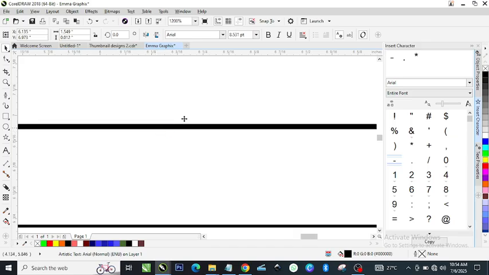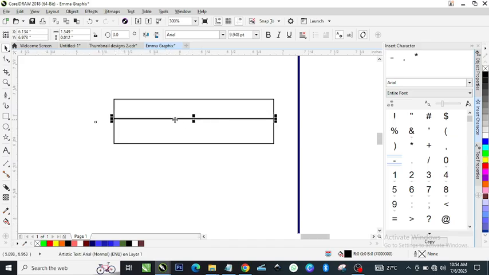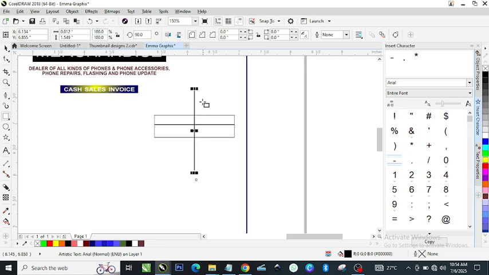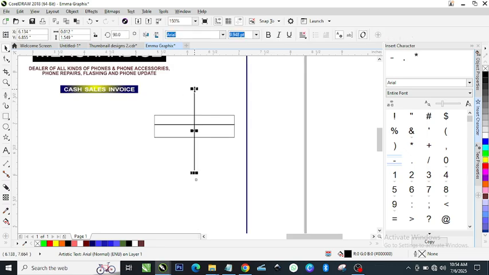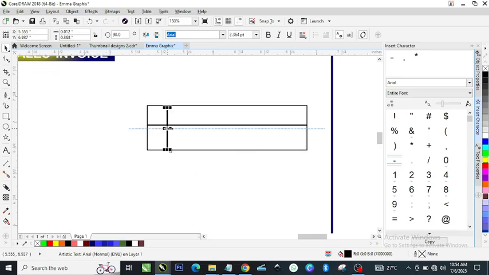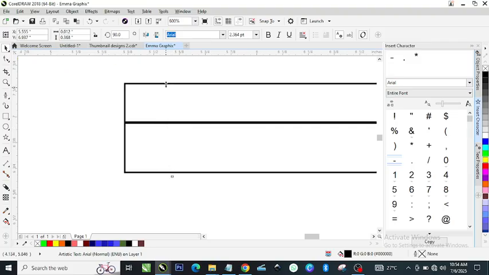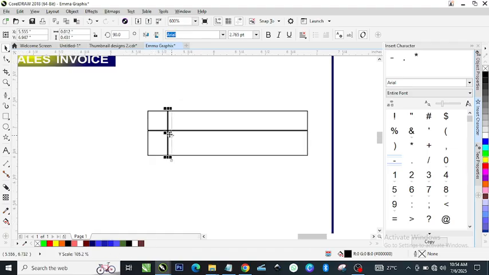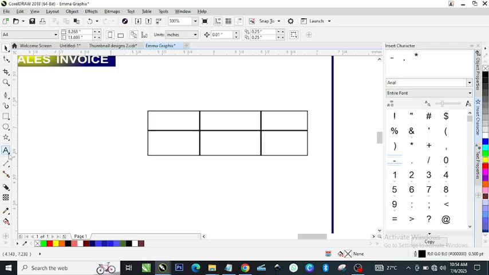So you can increase it, decrease it. All right. So you copy it and paste it and change the rotation of it to 90. Okay, 90 will make it vertical. Once you have it vertically, all you need to do is to bring it to this place. Take it up and take this one down. So we are going to separate this. So one will be here and another one will be here, so that we'll be able to put the day